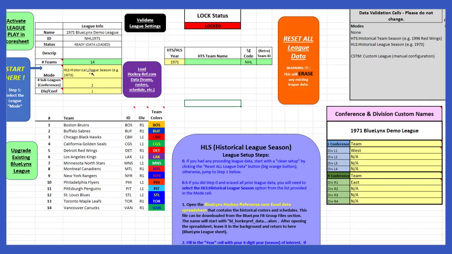And this has the same three types of leagues. You can have historical team season like the 1997 Red Wings. I just want to replay their games and their schedule, but it would include all the rosters for all the teams that they played, which was the entire league. It automatically knows the rosters and the schedule of the team. Similarly, there's historical league season, and that's what this is showing. You can see here it's saying from 1971 in NHL,